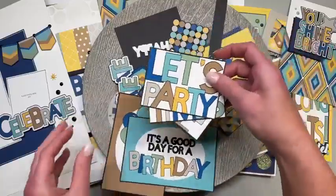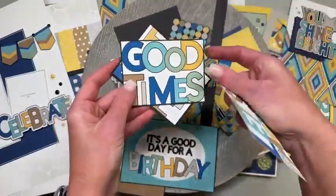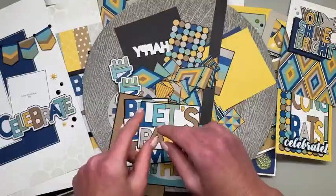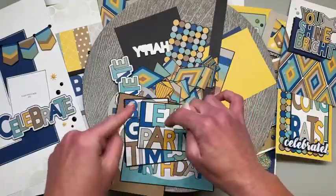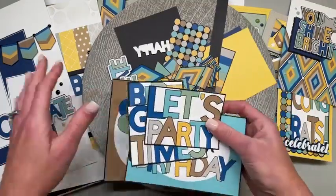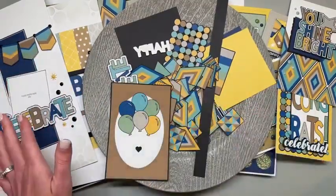We have some 3x4s here. You can see Let's Party, Good Times, and Birthday. And what you guys are going to notice when we move into the cards is that I've used a lot of these images on greeting cards, just like we've used them on the pages as well. So again,